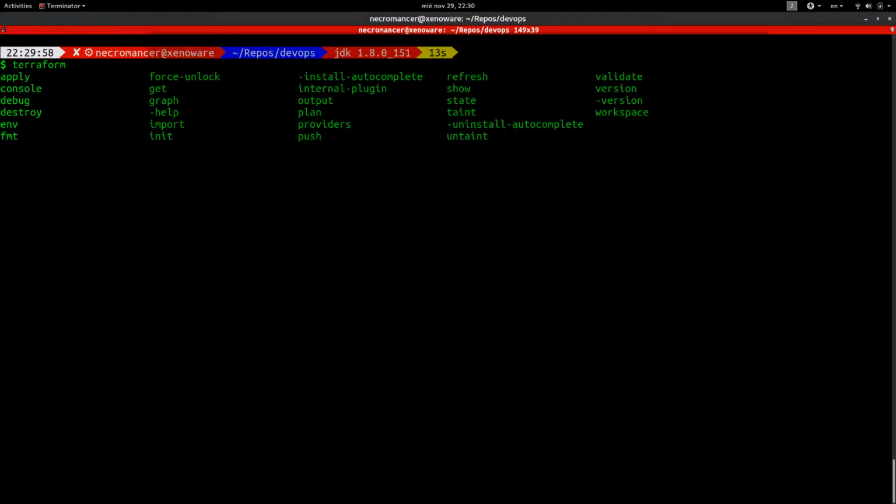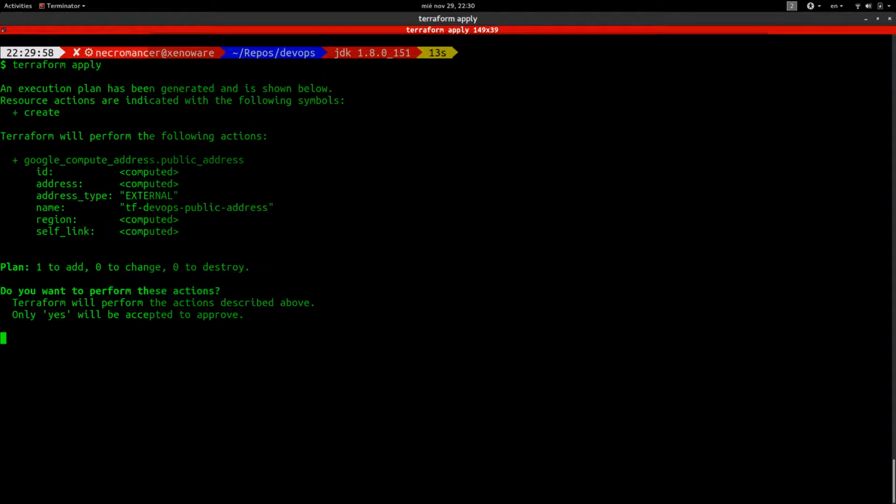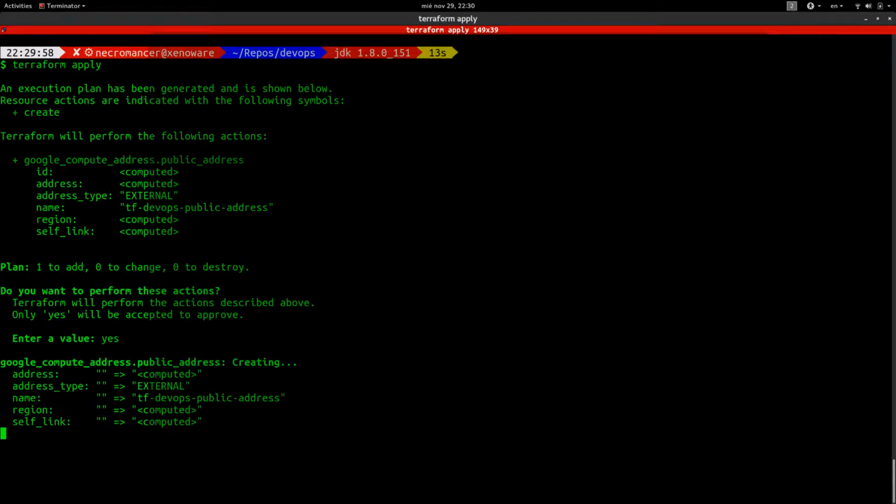And the command to do that is terraform apply, right? And right now, I think it's doing the same plan, and it's going to tell you that this part here is going to be created again, and then you need to say yes to create that. And that will allow Terraform to execute the API calls in order to create the Google Compute address that we defined,